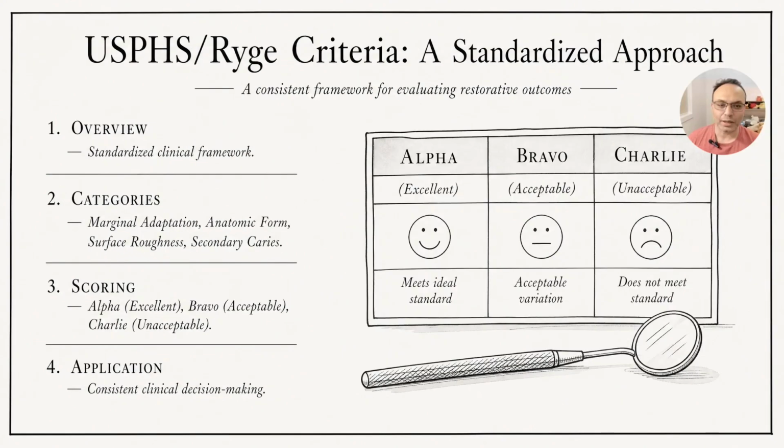Keep this in mind. Now, this is the USPHS RYGE criteria. I don't want to go into much detail. You can look it up on a search engine, but it is a criteria that has been used for such a long time, based on the research of a couple of dentists, and this criteria has been named after them. This is how restorations are assessed in examinations, Canadian and Australian, not exactly, but the concept is the same. If the restoration is ideal, perfect, then it would be excellent,